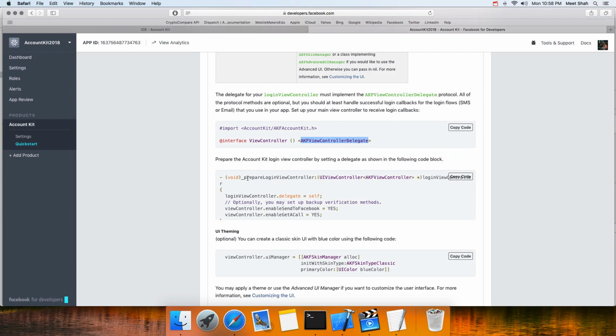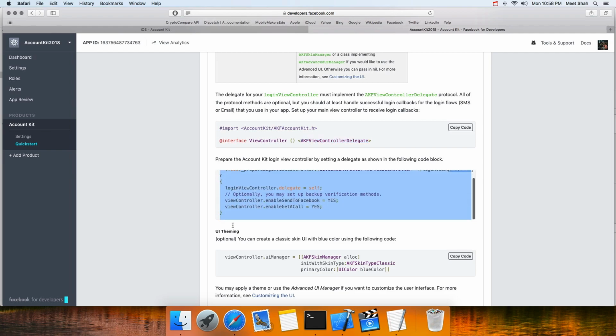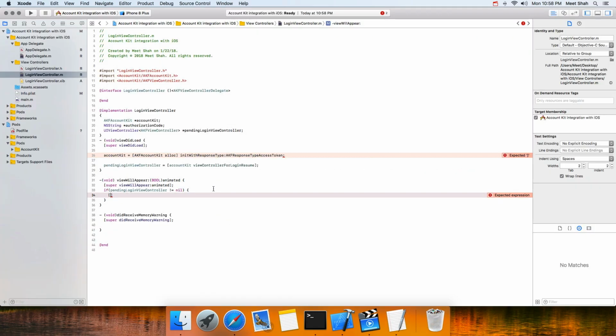it says here's a method to prepare the Account Kit login view controller. So let's copy this code and put it in our project file. I'm going to call it pragma mark helper methods,